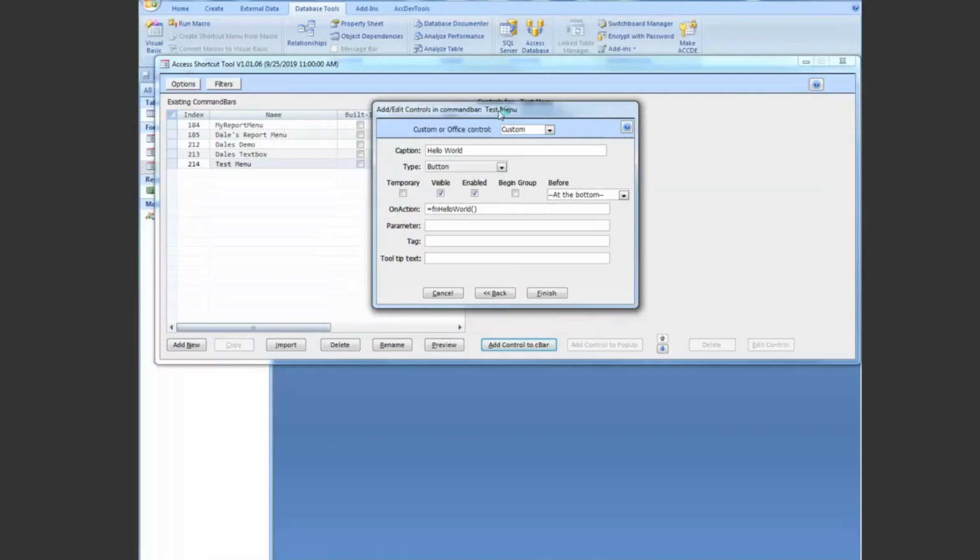Now, if I was going to do a menu that contains several different options, maybe I want to be able to launch several different forms from the same menu. I could put in the form name here, and up here I could just put in open form or function open form, and then I would put the form name here in the parameter, and the tag is basically just like any other tag, and the tooltip text is the same as what you would normally expect for tooltips. So when you mouse over the item, it displays some text. But for the purposes of this demo, I'm just going to do the function hello world,